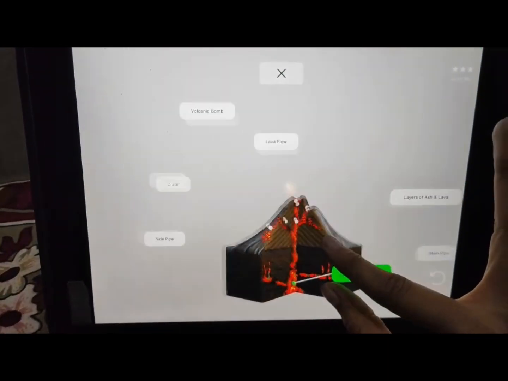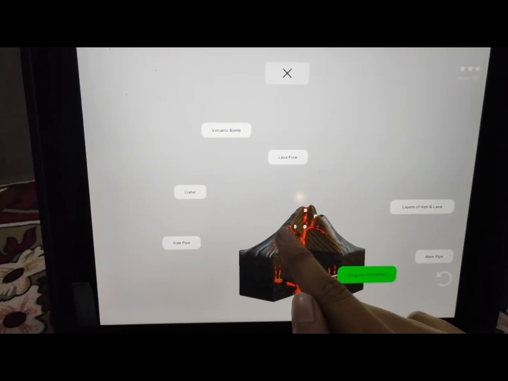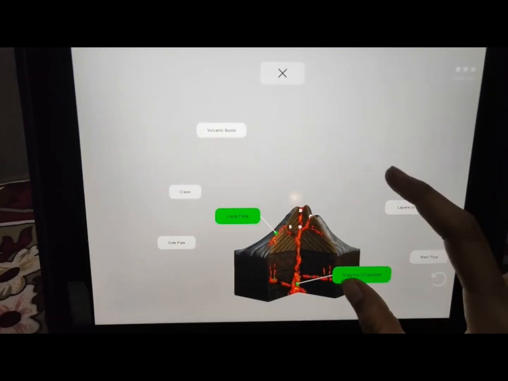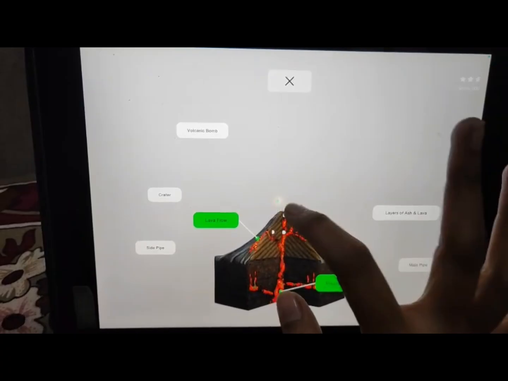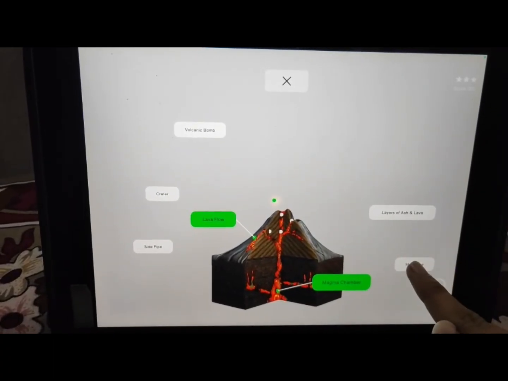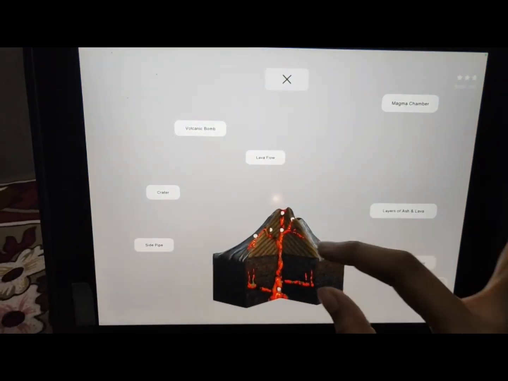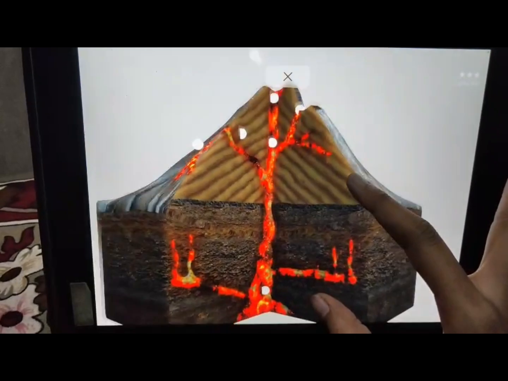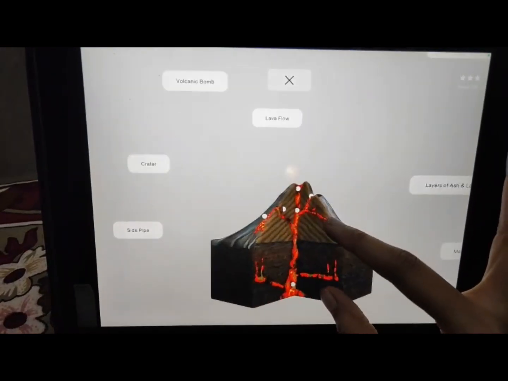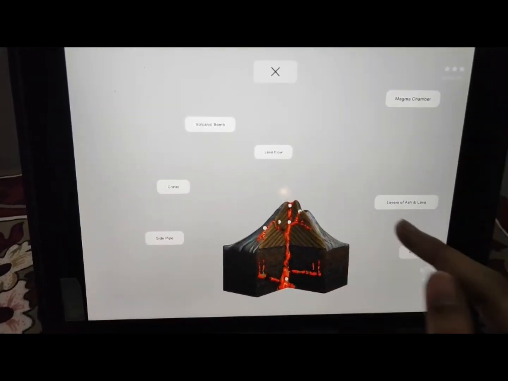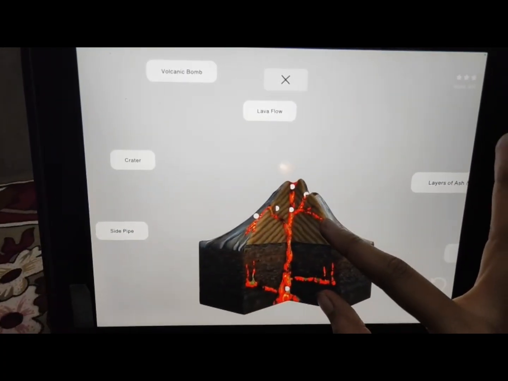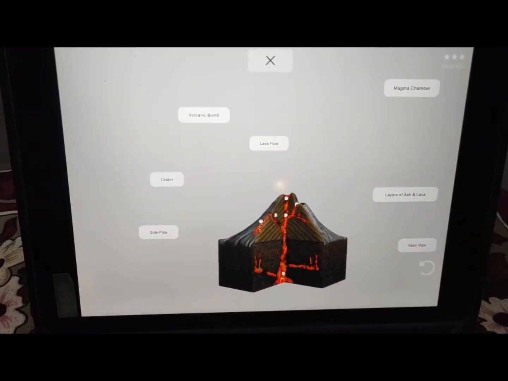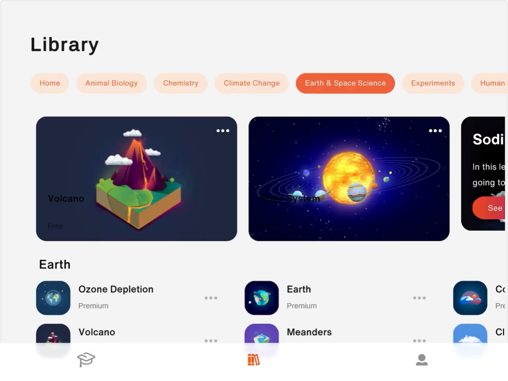Now let's take this one and I feel the answer is lava flow. Yes, it's right. But again, if I click on this and click on the wrong answer, again I have to give the test. So every time I answer the wrong question, I have to attempt the match the following again. So this is how a teacher can easily explore and can give these to the students to explore it and learn more in more depth.